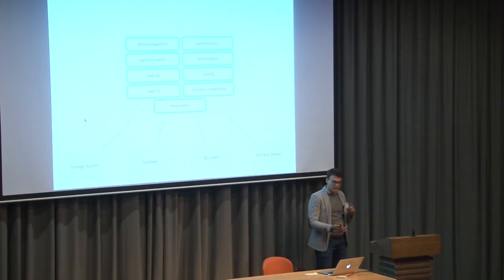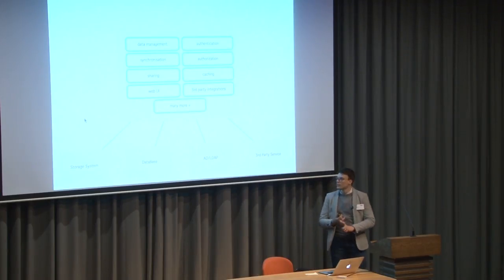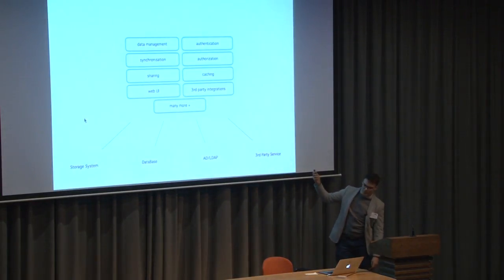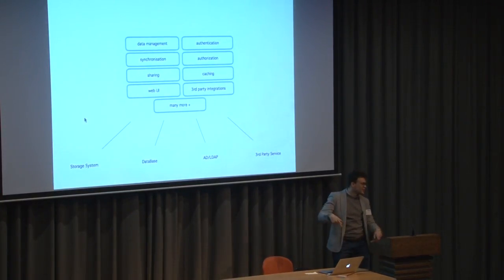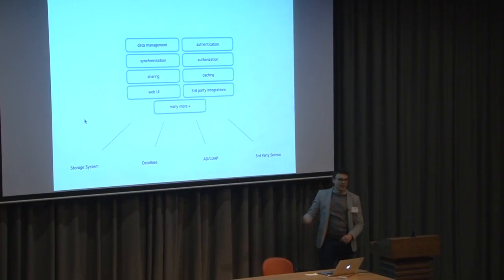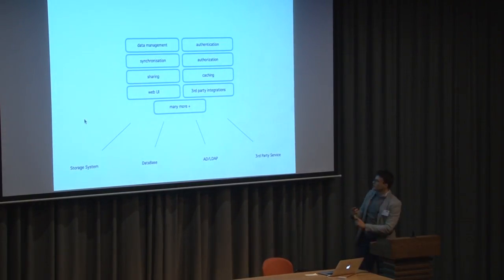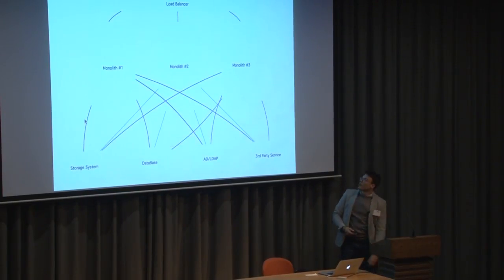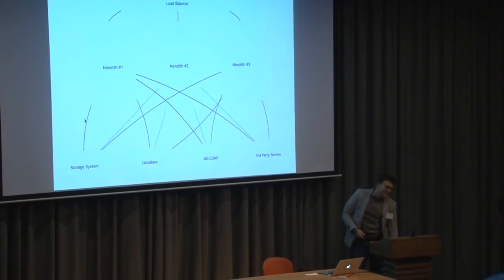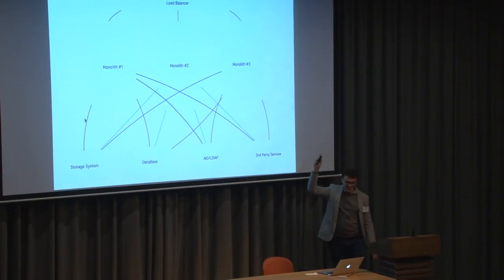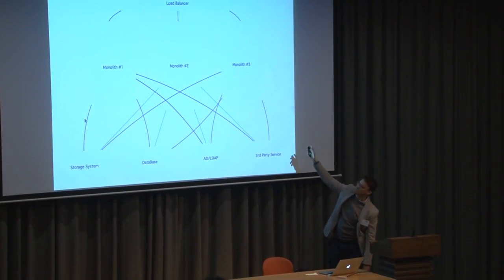So this is the current monolithic approach for many sync and share platforms of today. You have different logical components for handling data, synchronization, sharing, the web user interface, authentication, authorization, and a lot of more logical components. And usually this monolith connects to different external services like a storage system, a database, Active Directory for authentication, and third-party services for integrations. If you want to scale the monolith,